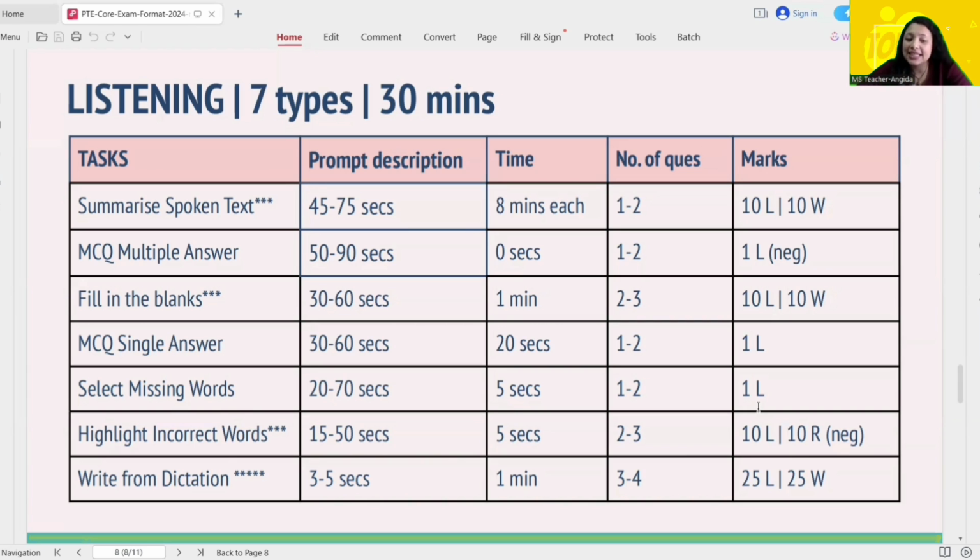After that comes highlight incorrect words, which is a very important question. You get a paragraph here, and you get an audio of that paragraph. Whatever the audio says, it's 100% right. A few words in the paragraph are wrong. So you need to identify which words are different between the audio and my paragraph. As you hear that a word was said differently in my paragraph, you just choose the word which you heard incorrectly. And that one word will give you 1 mark. So for one paragraph, you can get up to 4 or 5 words, and for each word,